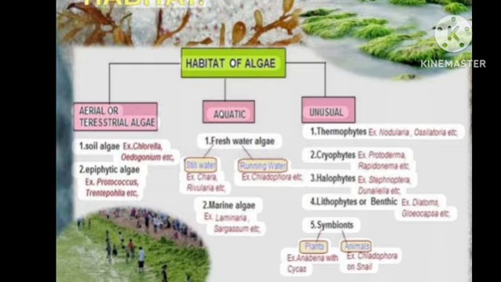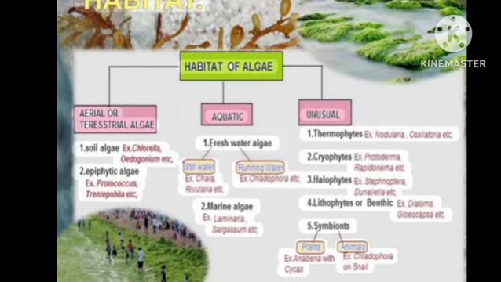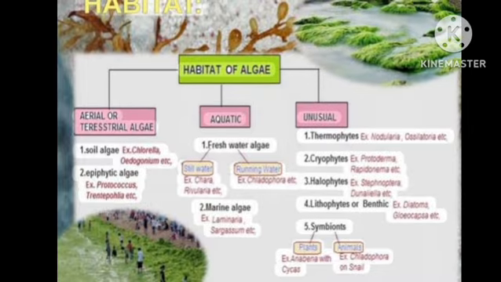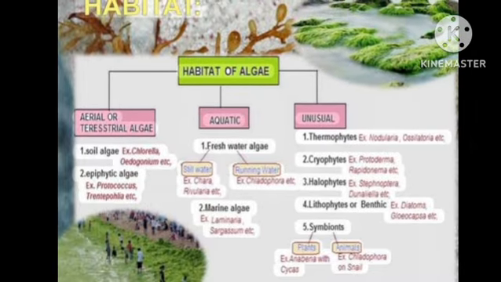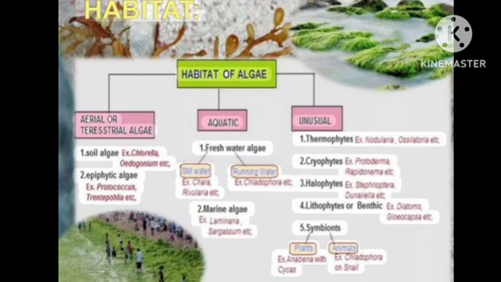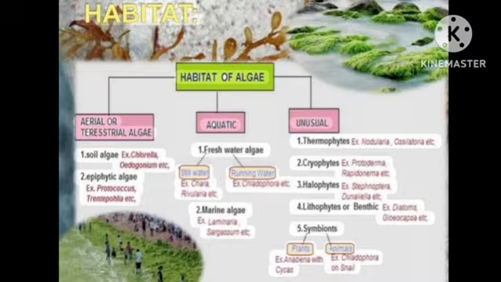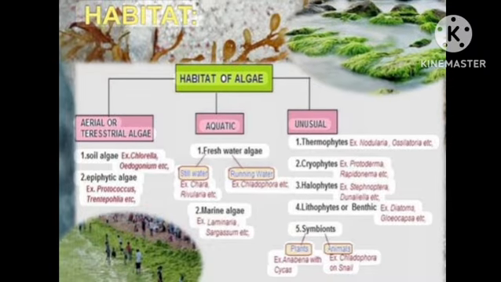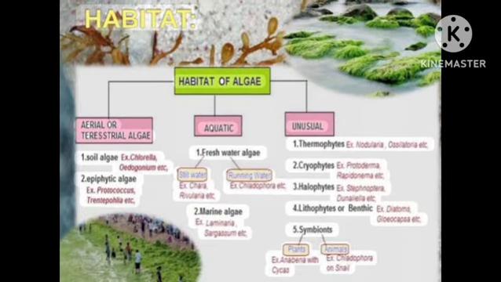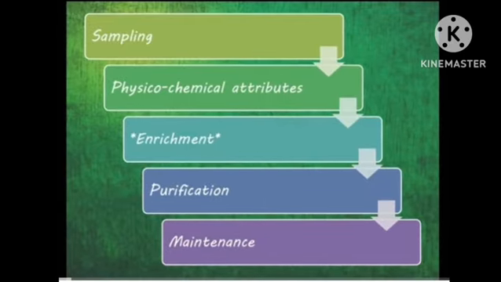What are algae? Algae are single-celled or multi-celled photosynthetic organisms found in water, soil and rocks. They are used in research, biofuels, food and pharma industries, and pure cultures are needed for study. Next, the habitat. Algae are found in freshwater, marine water, soil, snow and tree bark, and in symbiosis with fungi, as in lichens. Its collection depends on the habitat. Three habitats are important: terrestrial algae, aquatic algae and unusual habitats.